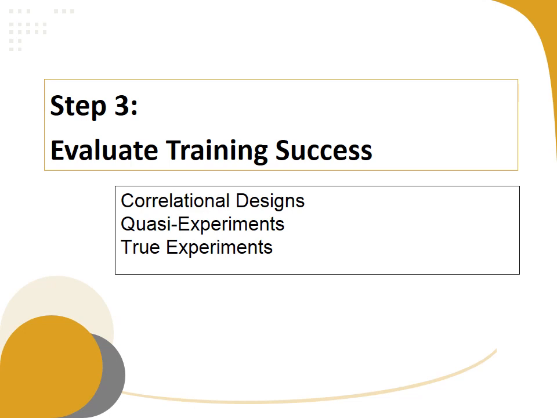So a really critical part of making sure that you have a good training program is using data to evaluate training effectiveness. So making sure that the training had the desired effect and the desired outcomes, not only on your employees, but on the organization as a whole. And I'll go over the 3 different major types of research methodology and how those could be applied to evaluating training success and effectiveness.